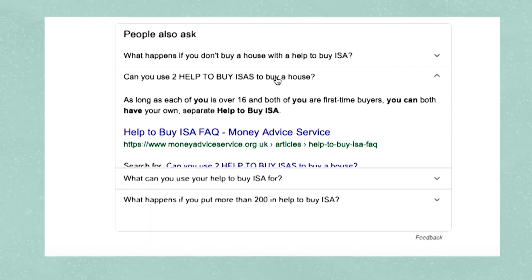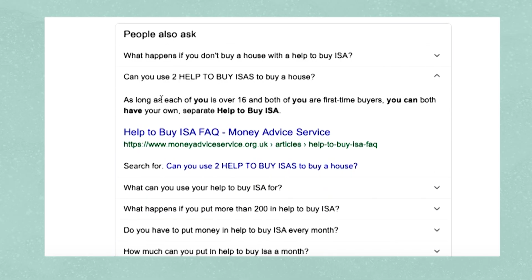So you can only have one Help to Buy ISA in your name at a time, but your partner, if you're buying with somebody else, could have a Help to Buy ISA, and combined you could get up to £600,000. What am I talking about? I meant 6,000, not 600,000. Sorry, just had to clear that up. I don't know how 600,000 came out of my mouth. You could get up to 6,000 combined, which is quite a hefty amount really, considering that you could then also